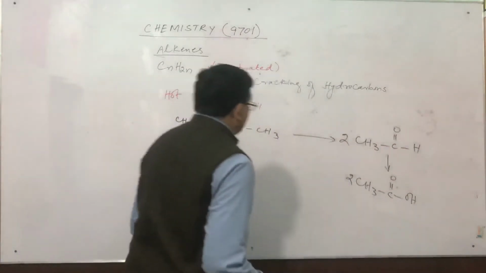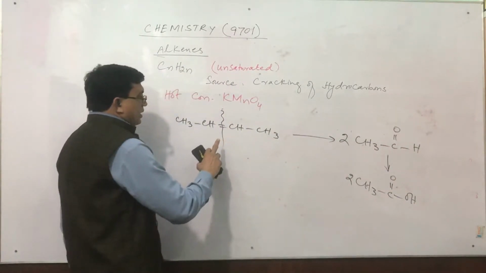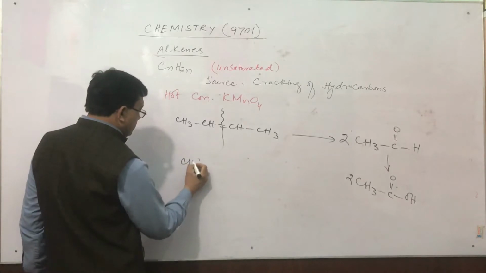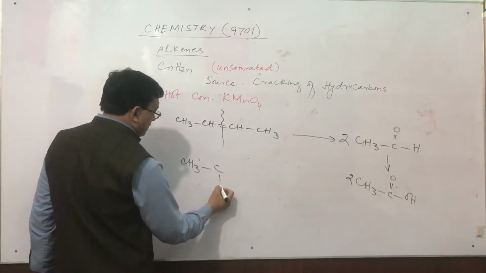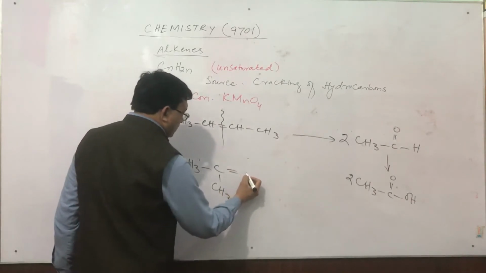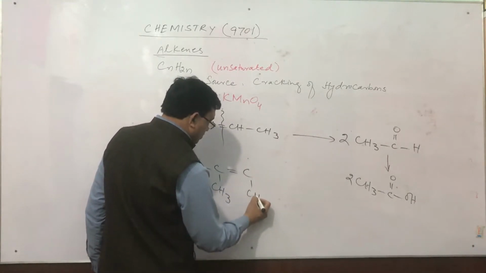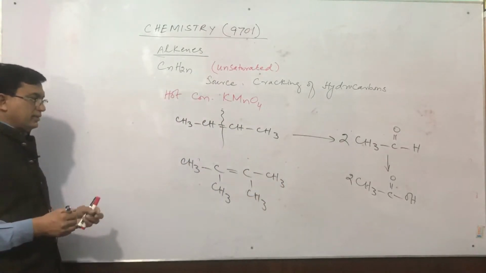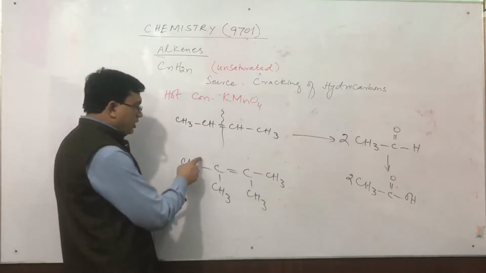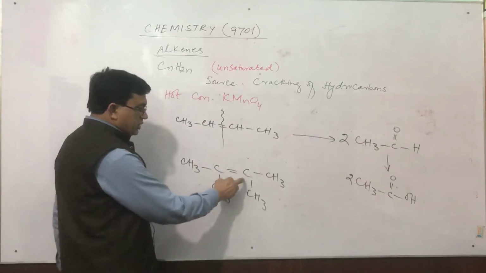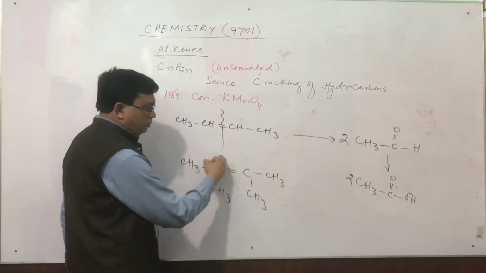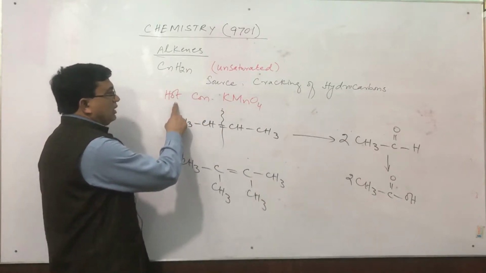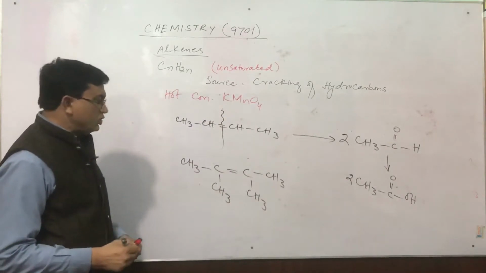Okay. Now next, if the compound is, for example, CH3, CH3 double bond C, then CH3 and then CH3. If we name this compound 2,3-dimethyl-2-butene, and we apply the same conditions of hot concentrated KMnO4 solution,